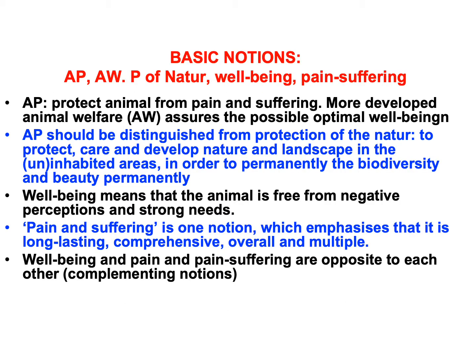Basic notions: animal protection, animal welfare, protection of nature, well-being, pain and suffering. Animal protection: protect animals from pain and suffering. The more developed animal welfare (AW) assures the possible optimal well-being. Animal protection